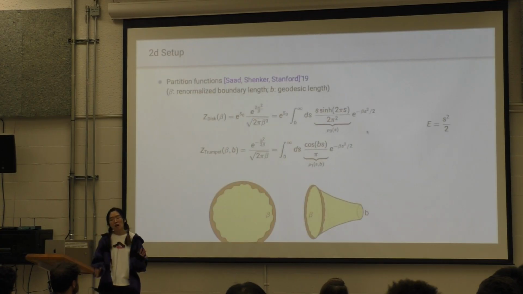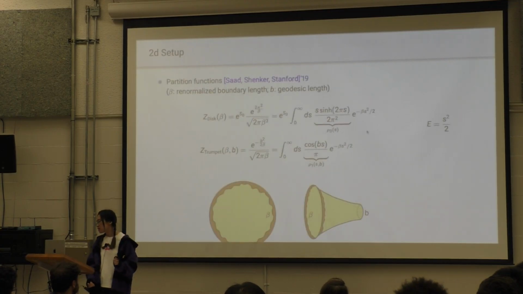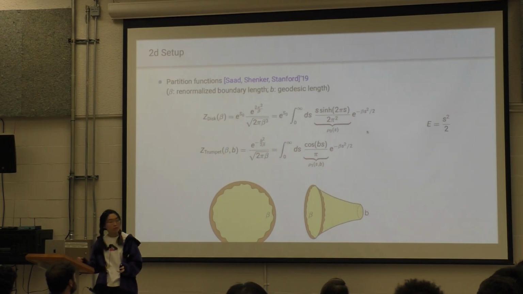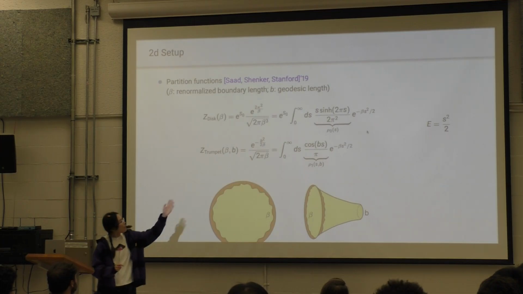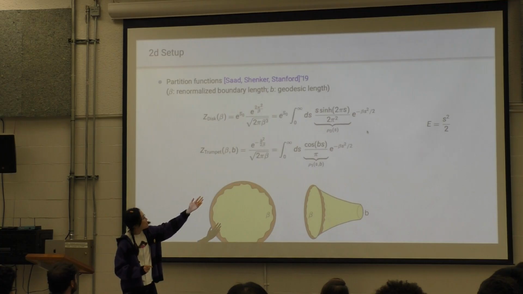So let's recall that the partition functions in JT gravity of the disk and trumpet are given by the following things. And then we have rho naught, the density of states of this, rho 1 is